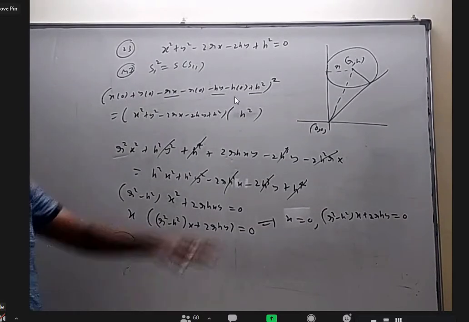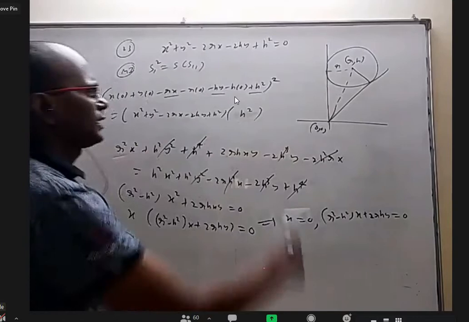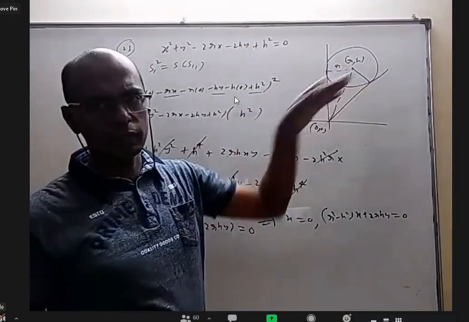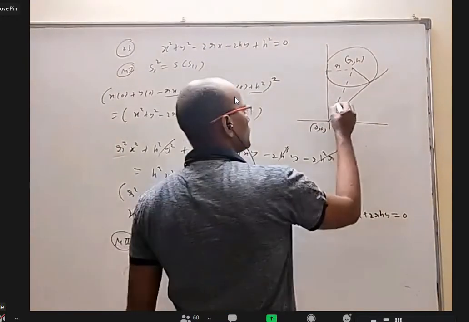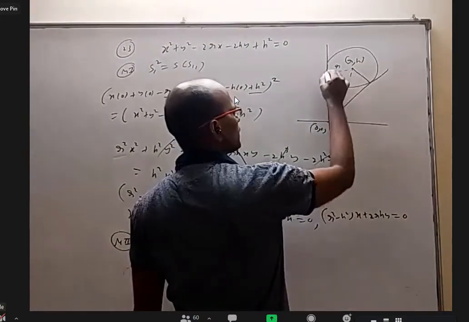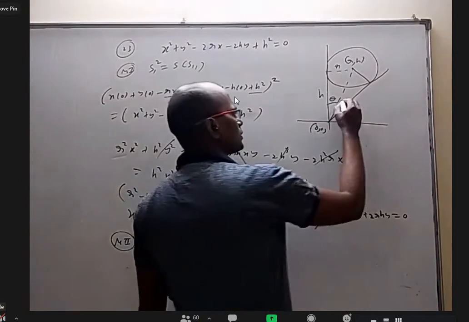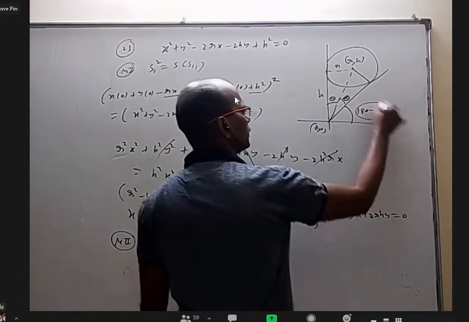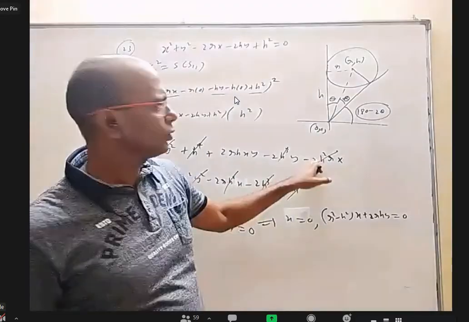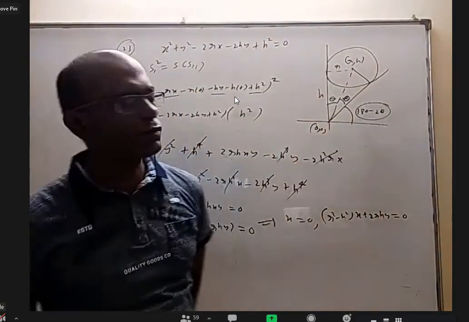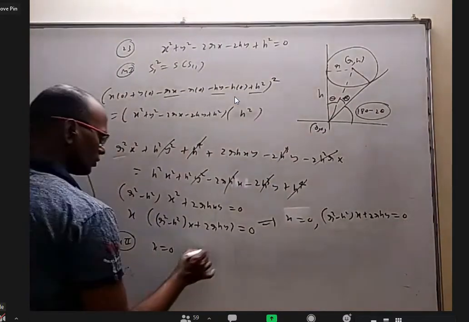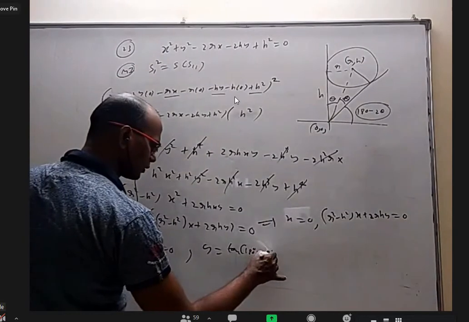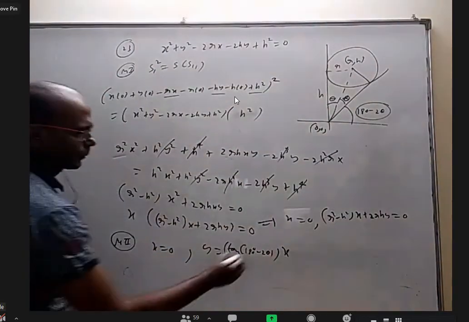Method 2, you can do it from the figure. One is the y-axis, obviously, so x equal to 0. How to find the other line from the figure is that this is theta, this is r, and this height is h. This is also theta. Then this is 180 minus 2 theta. So this line's tangent we know. If you want to know this tangent, you have to know the slope. So another answer will be y equal to tan(180 minus 2 theta) into x.